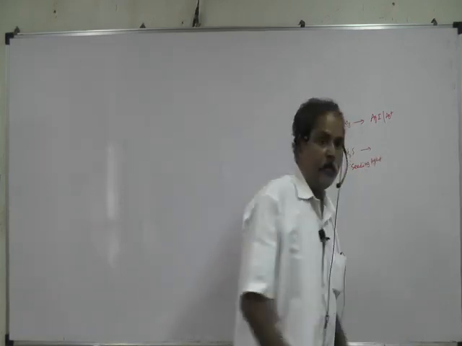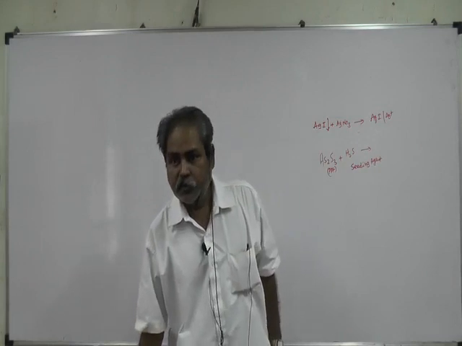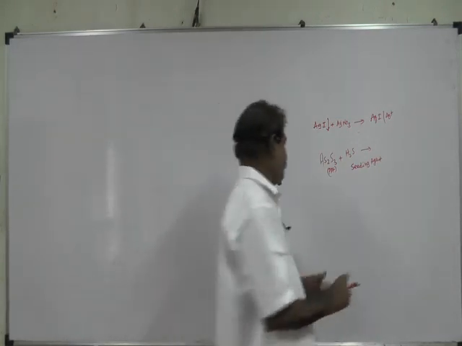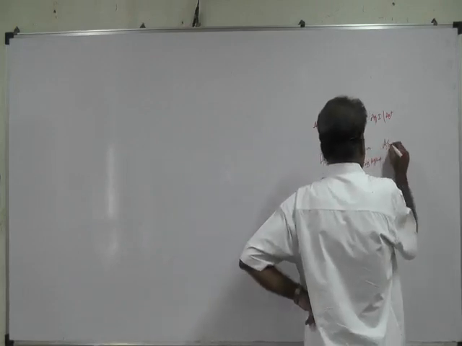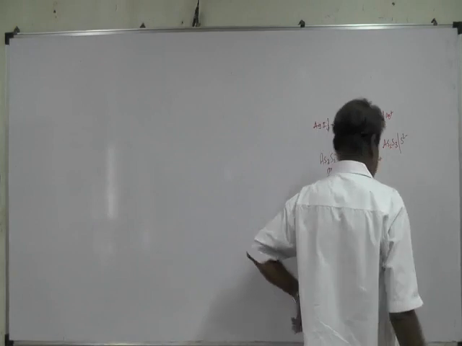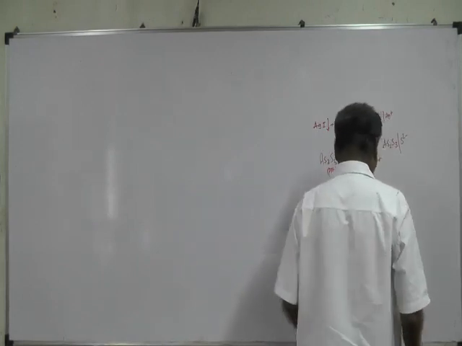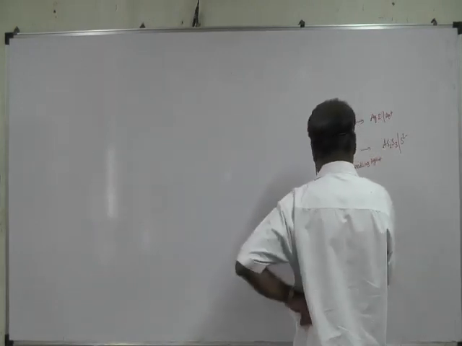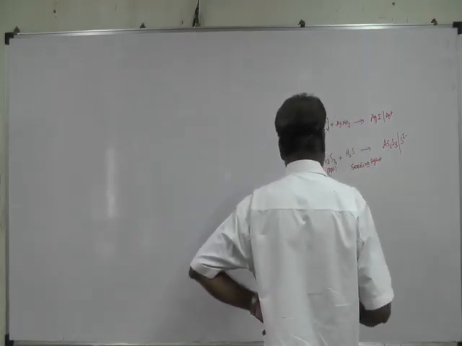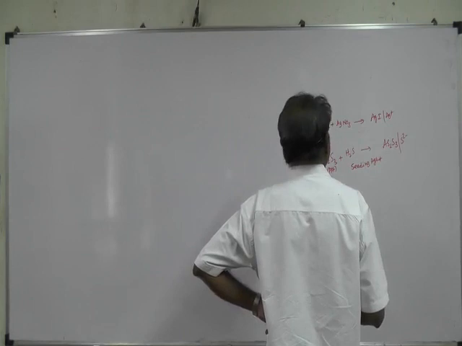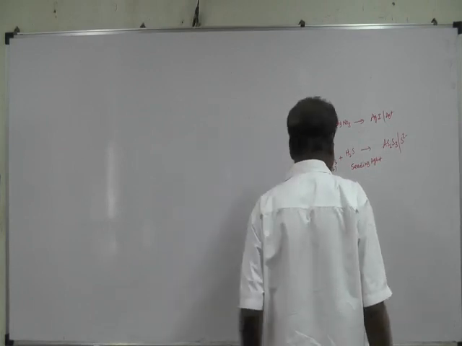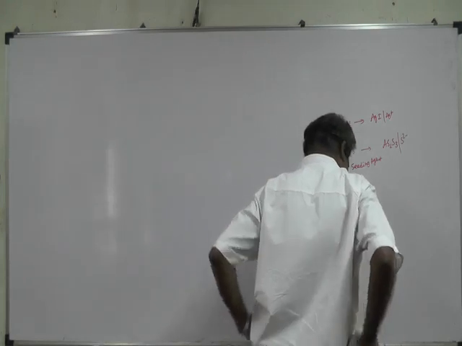H plus is highly ionic here. So sulfide. So you get As2S3, S2 minus, negatively charged sol. One more is there, SnO2 plus